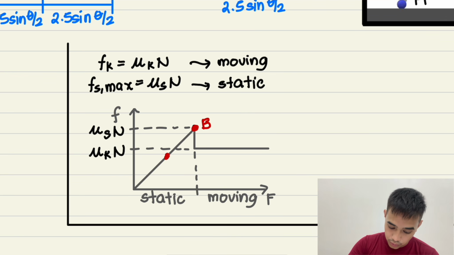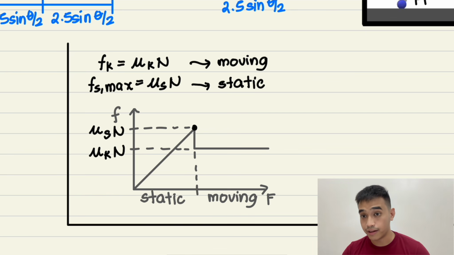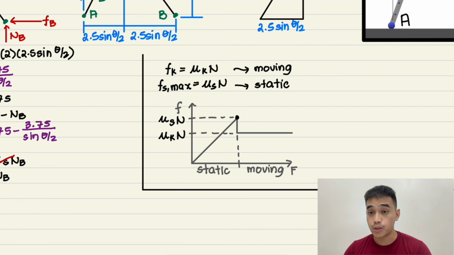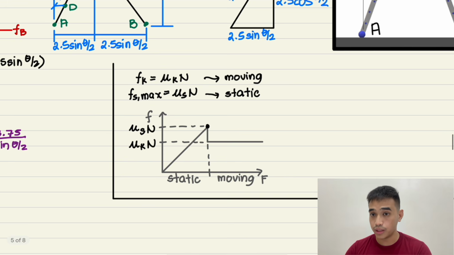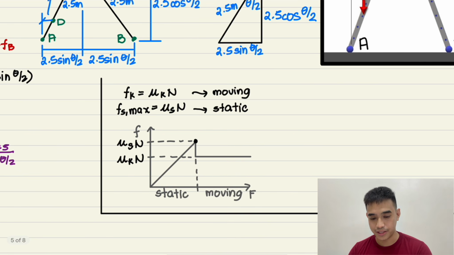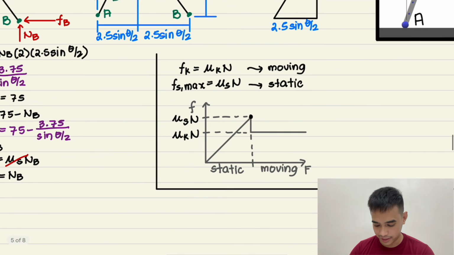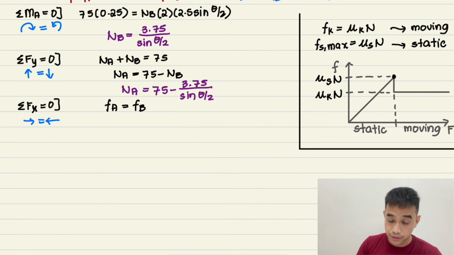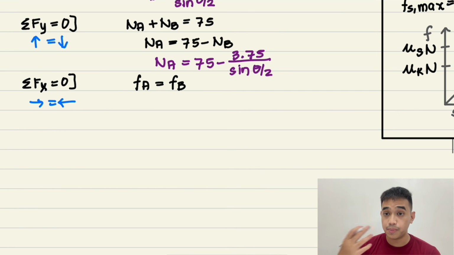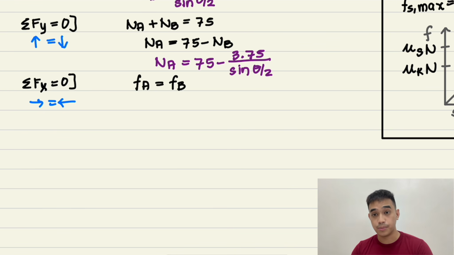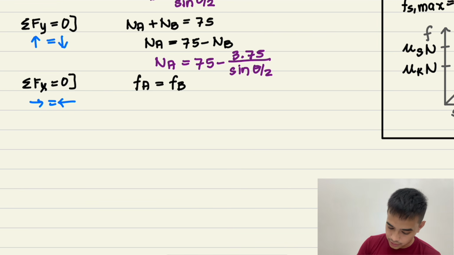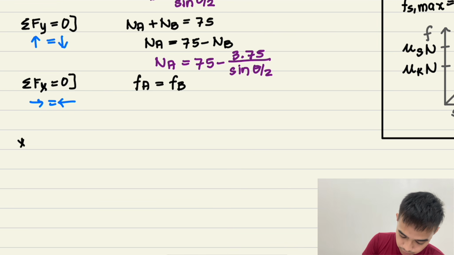So in order to solve the greatest angle before it moves, we have to first identify which of these 2 points will move first. And in order to do that, what we can do is assume first. Assume and check if our assumption is correct. So with that, my first assumption, and actually, I'll explain to you at the later part of this video why assuming that point B will first reach the maximum static friction is the more convenient assumption. So as I've said, we'll first assume.